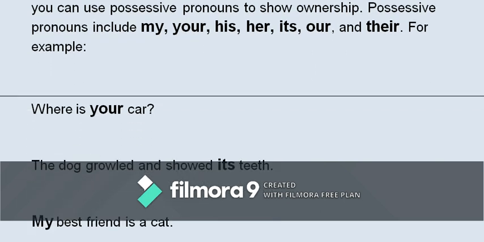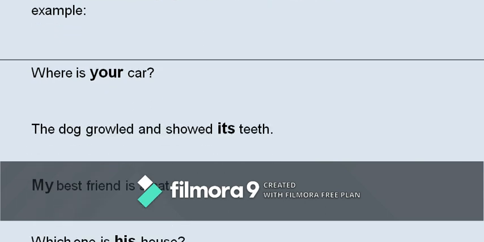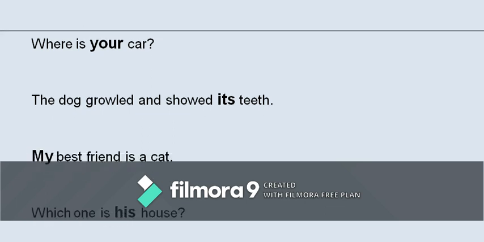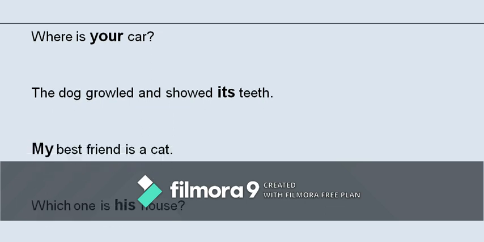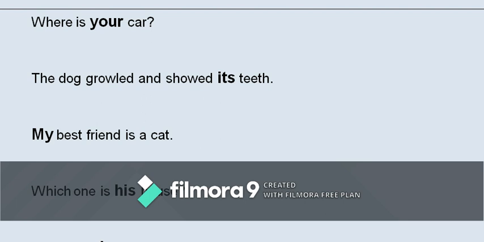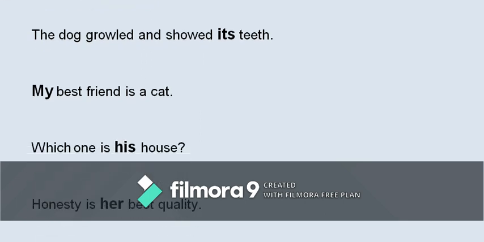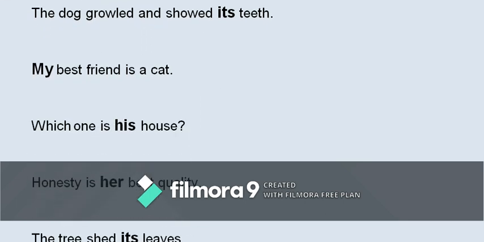My best friend is a cat. Over here, friend is the noun, best is qualifying the noun, and my is the possessive determiner present over here. Which one is his house? House is the noun, his is the possessive or the determiner used over here. Honesty is her best quality. Quality is the noun, best is the adjective used for quality, and her is the possessive or the determiner used